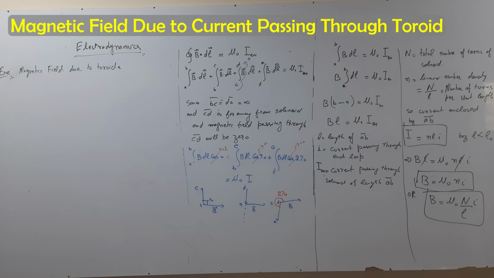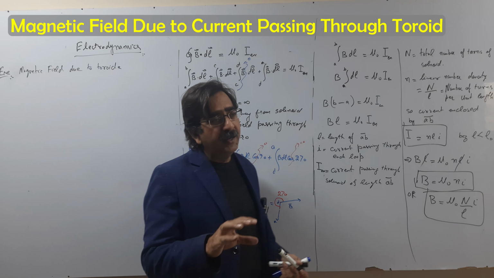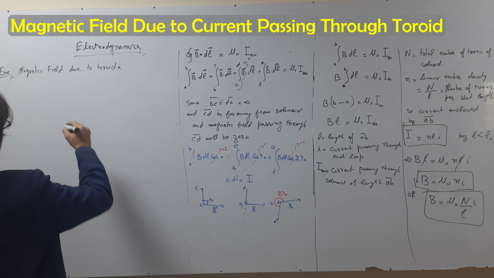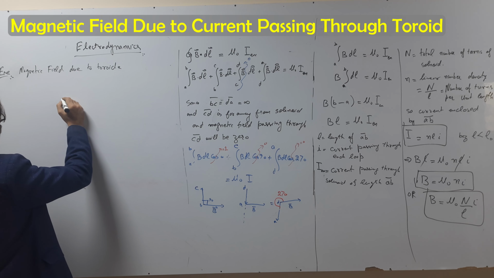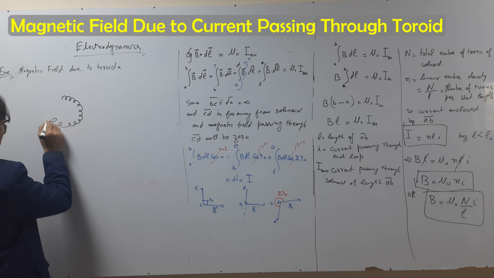The magnetic field due to a toroid. A toroid is like a solenoid. If we join both ends of